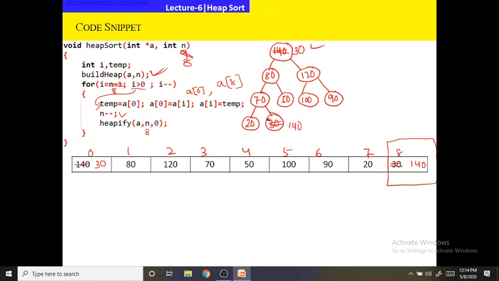So what we will do? Now the value of n is 8. So we will consider this number of elements of the tree as the value of n is decremented. So now let us represent it.